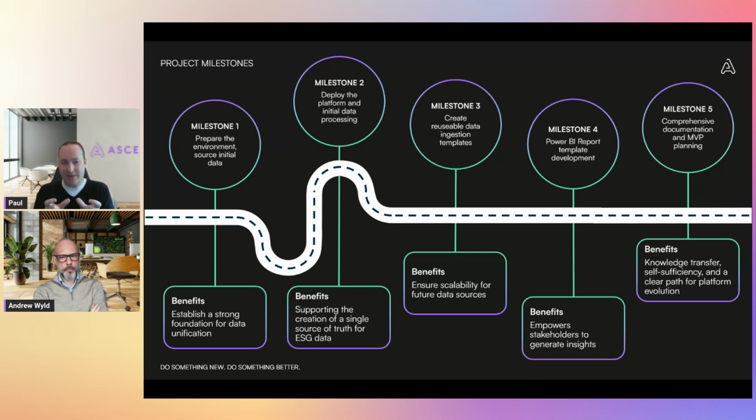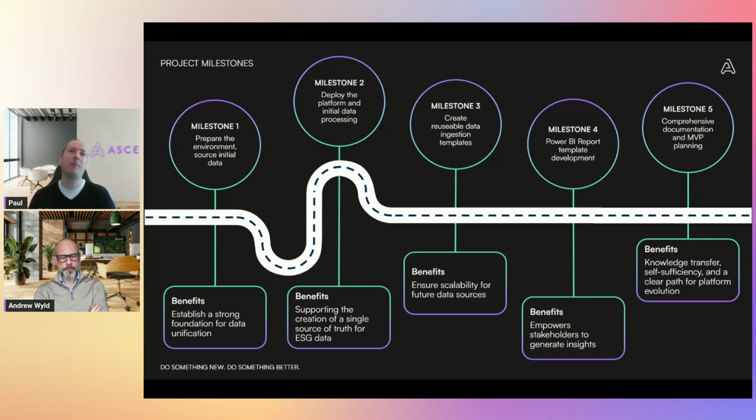And so really it's having that scalable, repeatable way to connect to those data sources and land that data into the platform. Because really that's the first problem that you've got. How do I source it and how do I land it in? And so this is where you come up with the repeatable patterns. In this case, we were pulling from data sources such as Microsoft Fabric, such as Snowflake, such as Excel files or exports from other downstream systems. And really it's creating these repeatable patterns that support all of these different data source types.